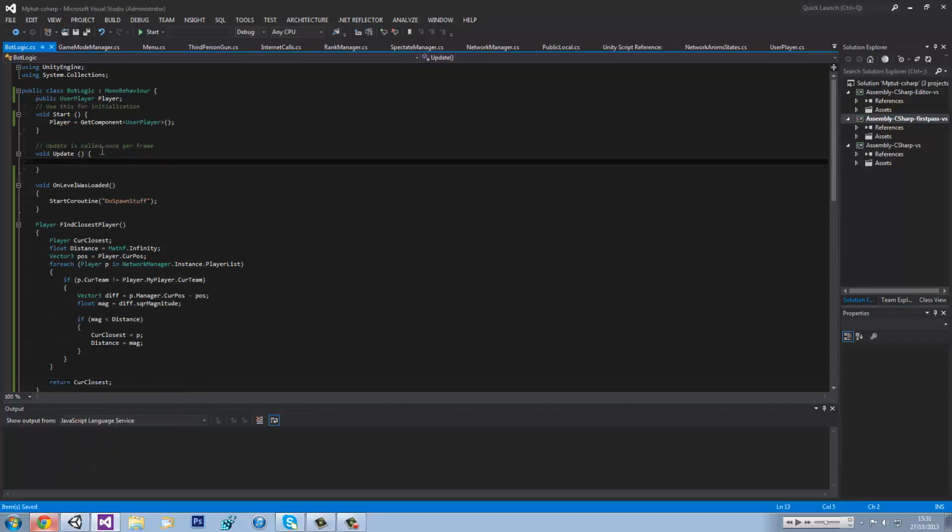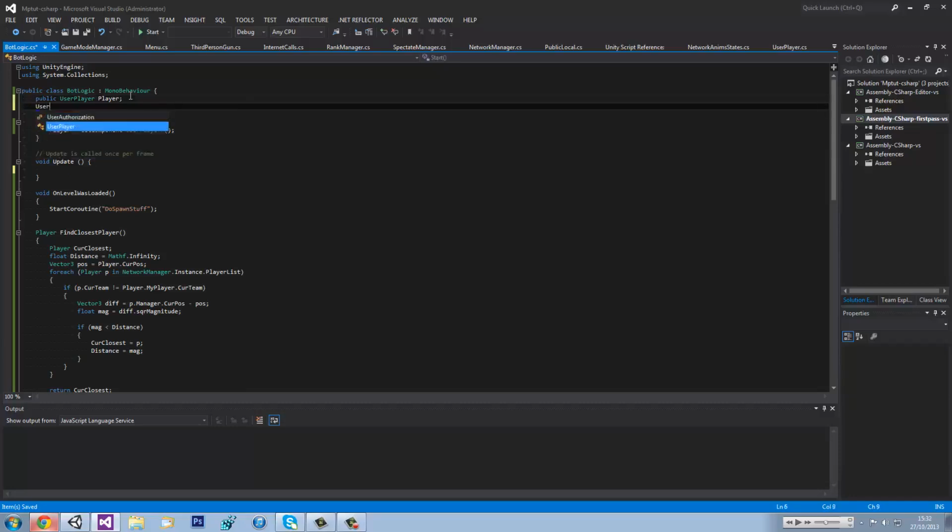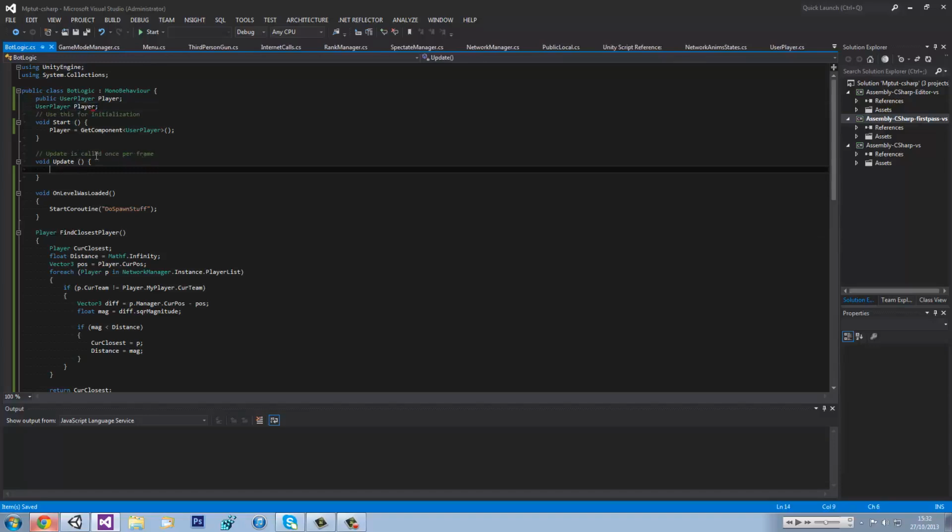So yeah, now we want to, sorry about that. I want to go use player closest, or playerClosest rather. So I'm going to go update. I guess we'll just do it in the update. So player, closest player